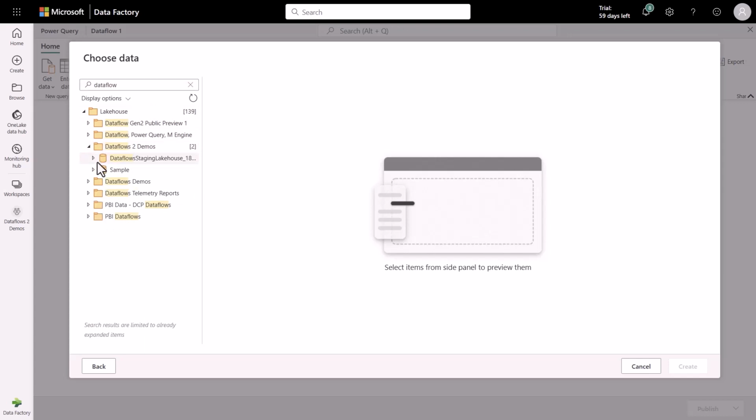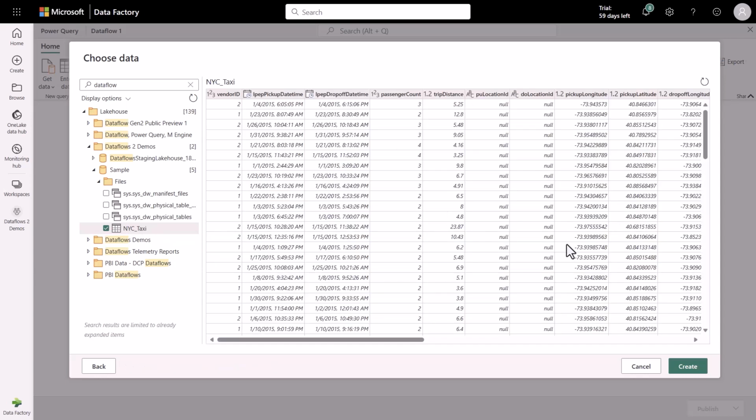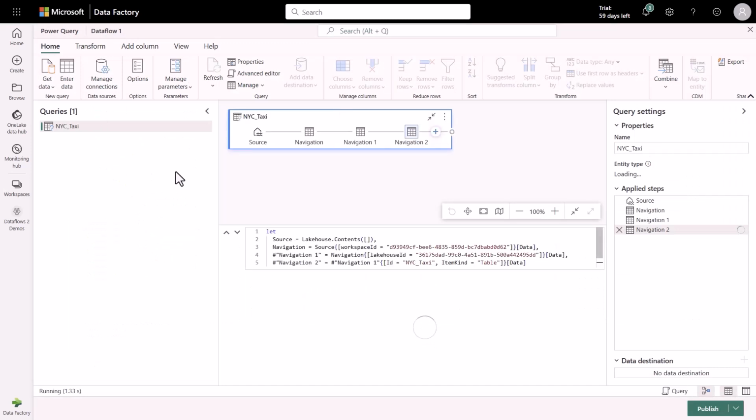Inside of that one, I have one lakehouse that is called Sample. And inside of that sample database, I have that file from the tutorial and I have the table. So I have the table for New York City taxi data. And when I click on it and select it, it's going to try to show me a preview on the right of that data. So I have it right now. So let's go ahead and click on Create. And this is going to land that data or that query inside of my data flow